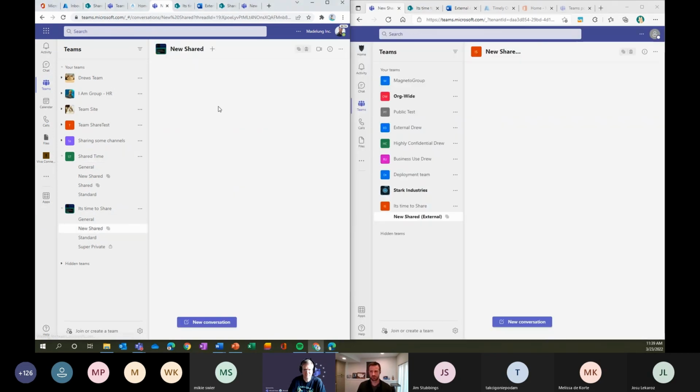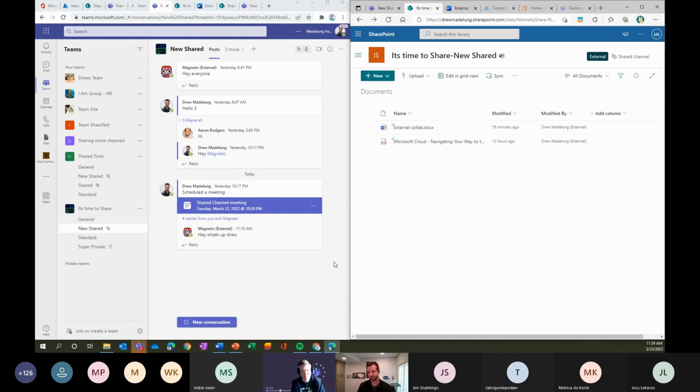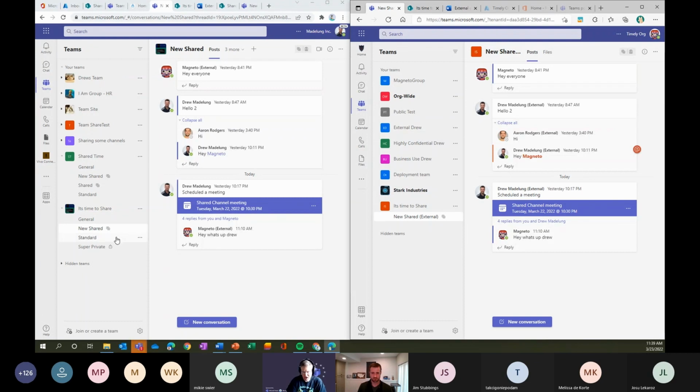I didn't touch on it much in this demo, but shared channels support applications. Some of the limitations are around Planner. Planner isn't supported yet as part of the public preview. If you need Planner, you have to come in through a guest. That's an example. There are going to be other applications that need that guest account. So Jan has just put a comment in saying this is interesting for collaboration with externals, but actually probably